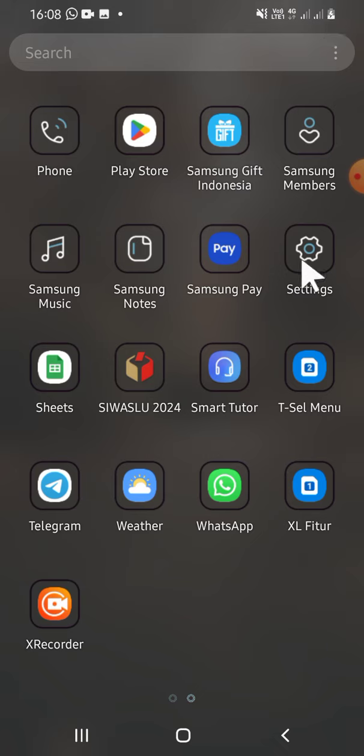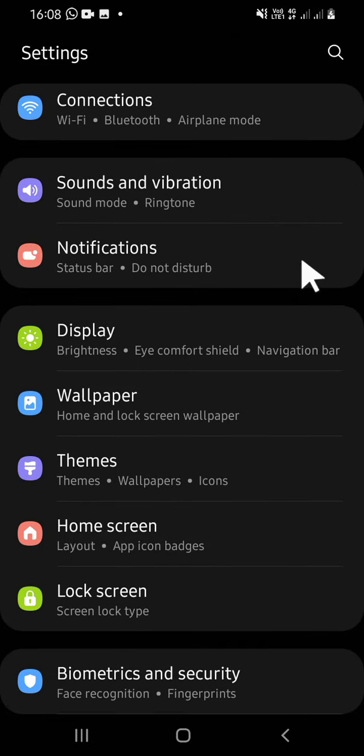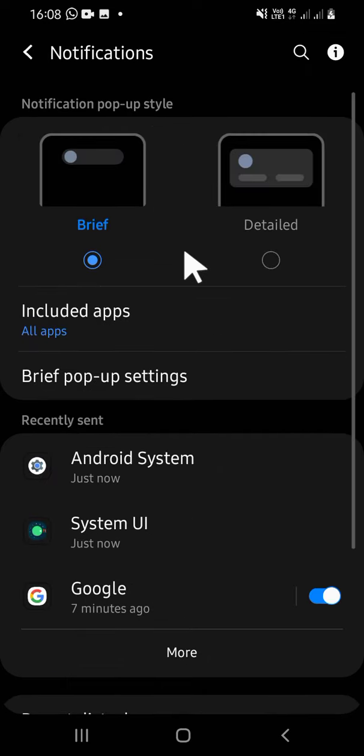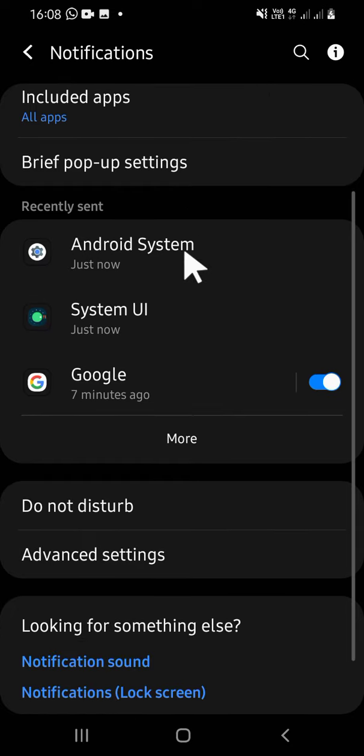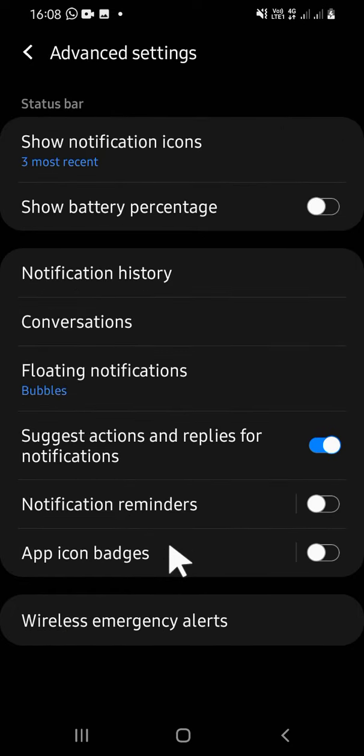First of all, we can tap on the settings application to open it, and then we're going to scroll down until we find the notification setting. Tap on the notification setting, and on this notification setting you have to select advanced settings. Okay, and here you can show your battery percentage. You just need to click on this toggle button, and okay, now my battery percentage has been displayed on my